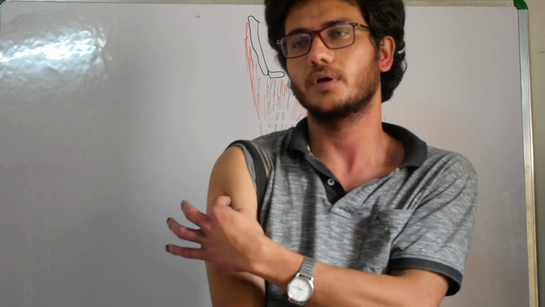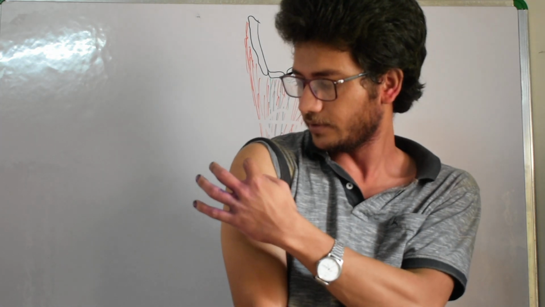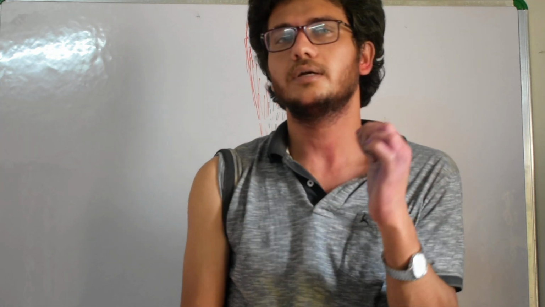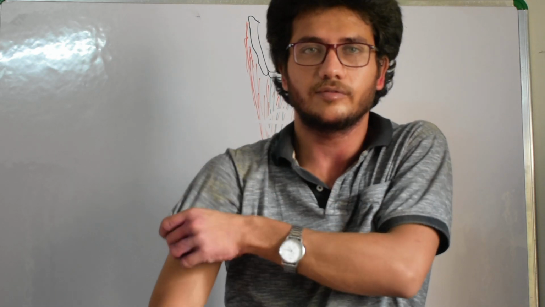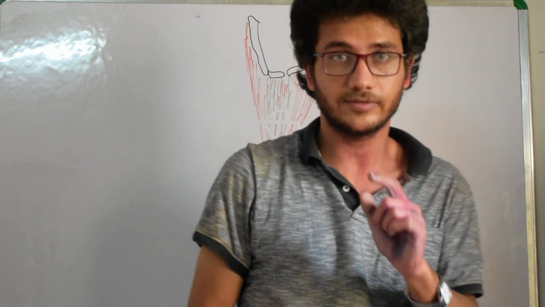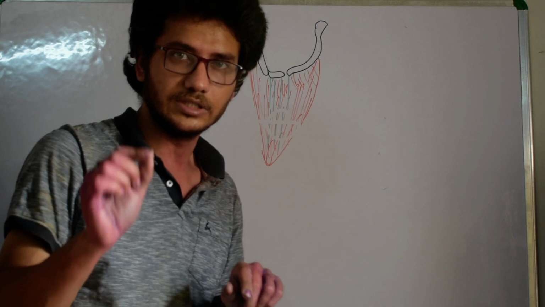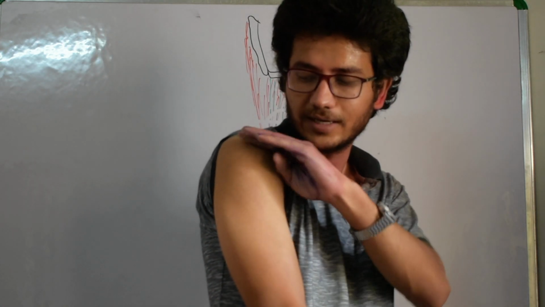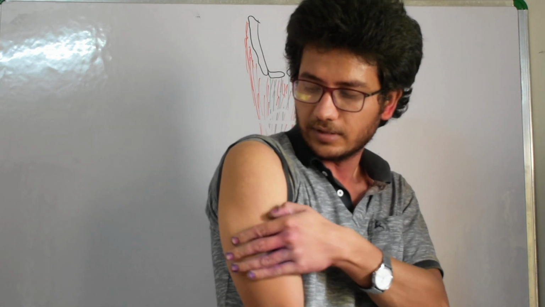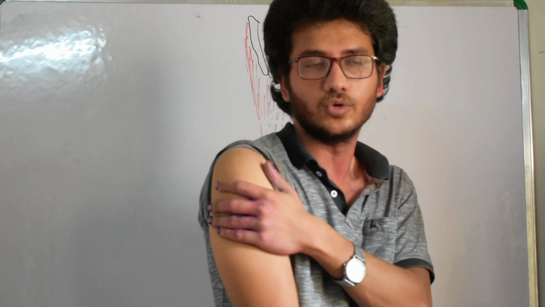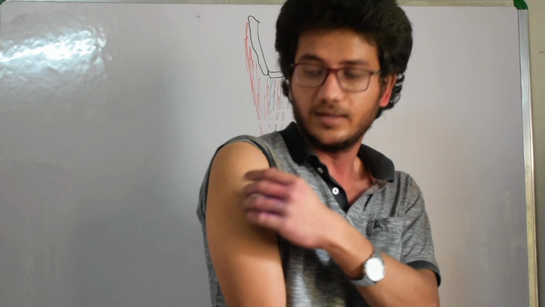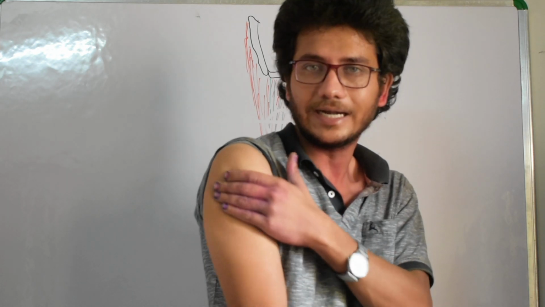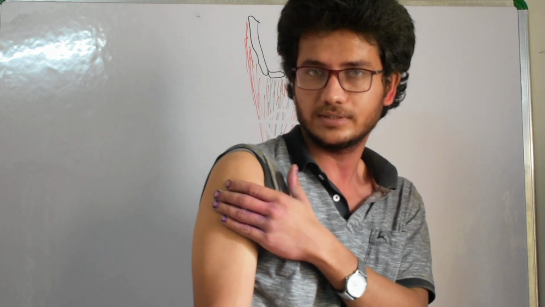So just be careful that you don't give it too high up or somewhere, so as to prevent injury to the circumflex humeral nerve, which I was talking about. So if you injure that nerve, you see the shoulder contour is coming. It gives a good look, a rounded shape of the shoulder. It looks good. So this rounded shape, there will be flattening of the shoulder,